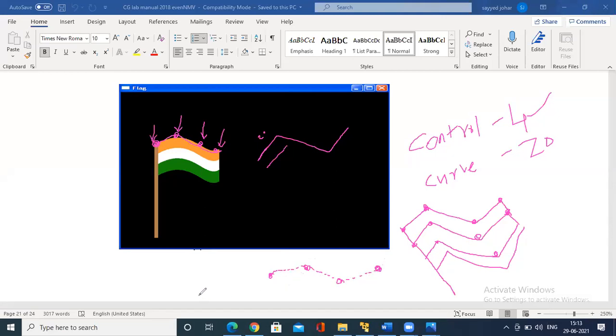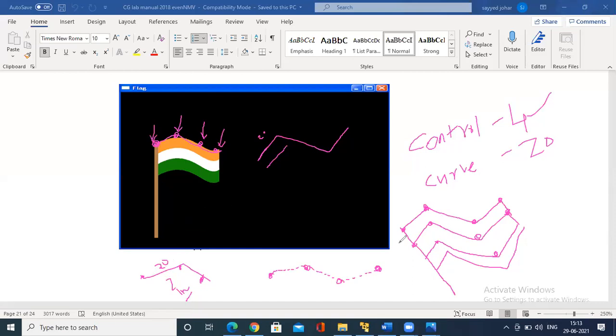One more thing: if I give you 3 points, how many lines will you draw? You draw 2 lines. This you have to remember. In between these two also, we have 20 curve points. These 20 curve points are nothing but lines. Don't think that they are dotted lines. When you see the execution, you'll understand.